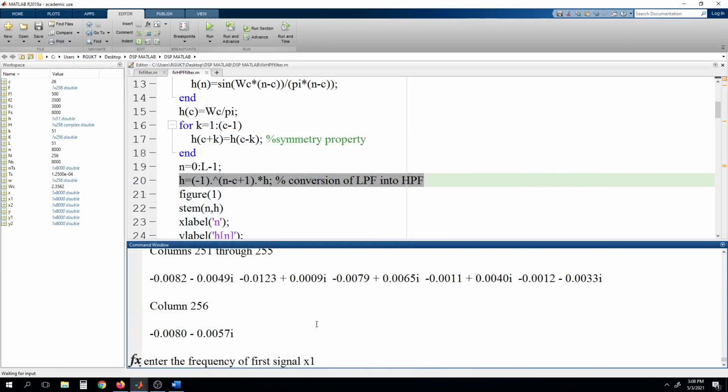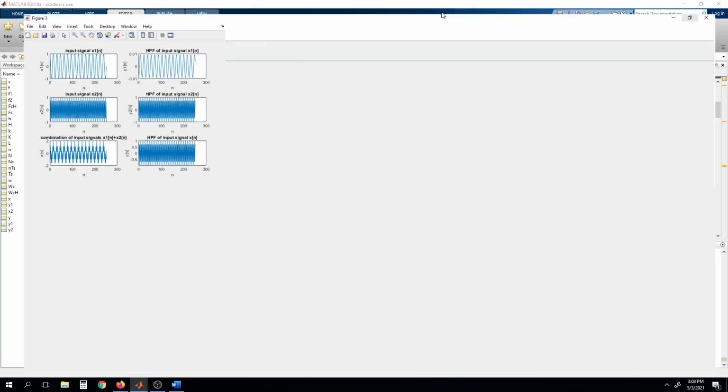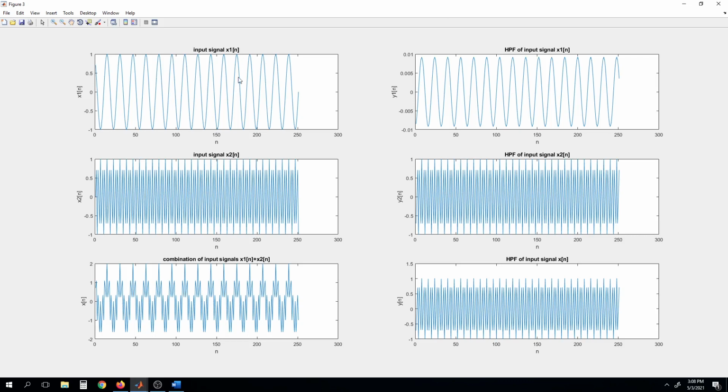Okay. Now it is asking for the signal x1. So we'll give 500 and then we'll give 3000 here. So these are the outputs. Now you can see that this is the first signal, with frequency 500 for x1. The amplitude is 1 here, but after filtering the gain of this first signal is drastically reduced and it is 0.01. That means this is the filter output. It is not allowed because the cutoff frequency is 2000 and 500 is less than that. So that's why we got a high pass filter.